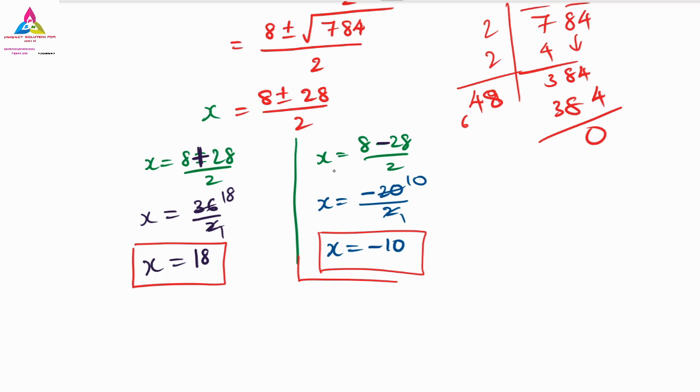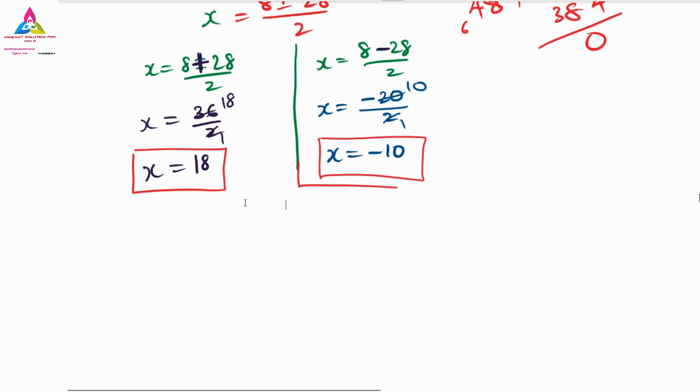So according to the question, both x values are possible. If the x value is negative, you may think that this is the wrong answer. No, we have to see for which case you are applying it. So x is equal to 18, we will take this. We have to find the number, the larger number. The larger number is x, that is equal to 18.